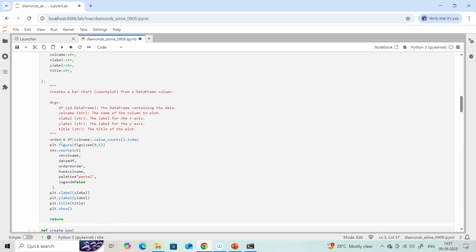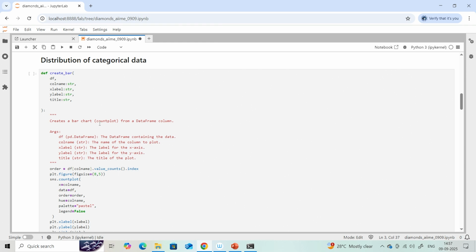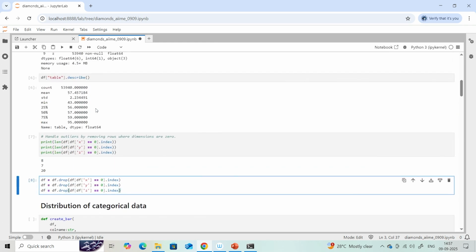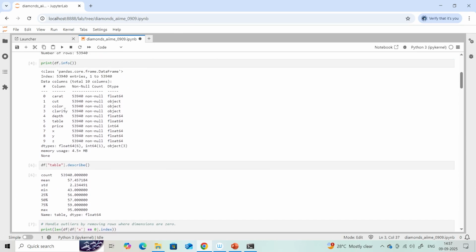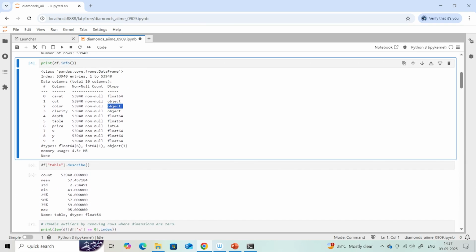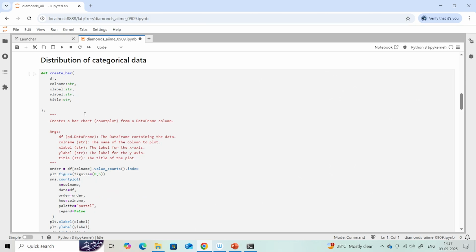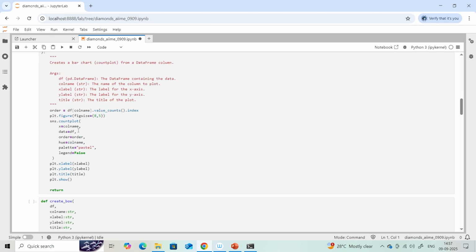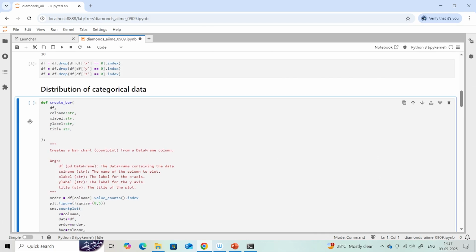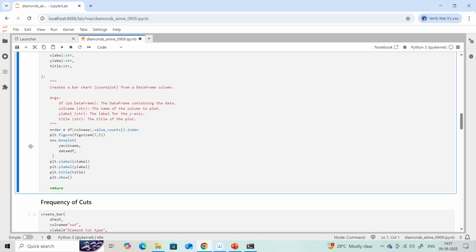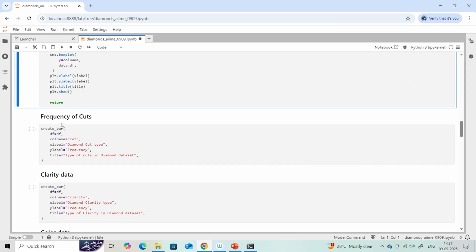I have also created a short documentation for this Python function, that is, this function will create a bar chart, that is the count plot, from a data frame column. So what we are trying to do is, we have cut, color, clarity as object, that is categorical data, and we are trying to get the count plot of these data. So for that I have created a general function here, right. So let us run this function definition first, and now we will utilize this function definition to create the frequency